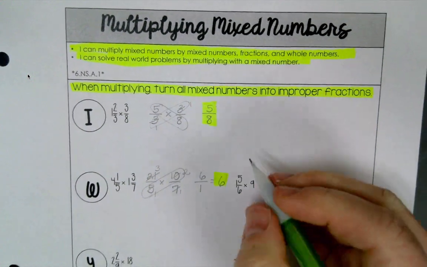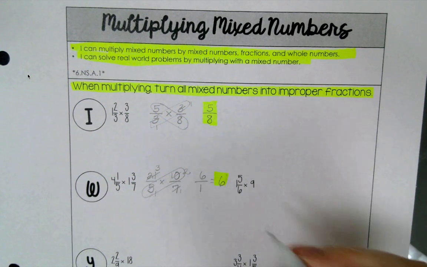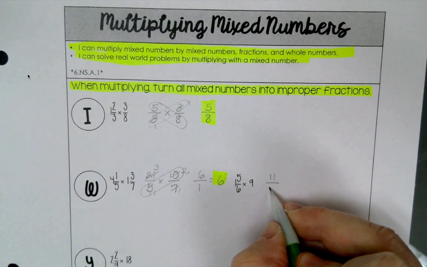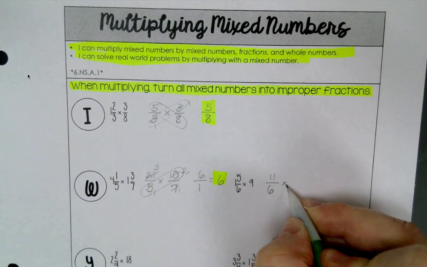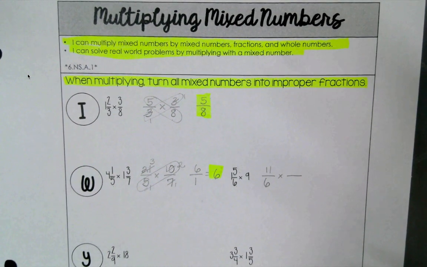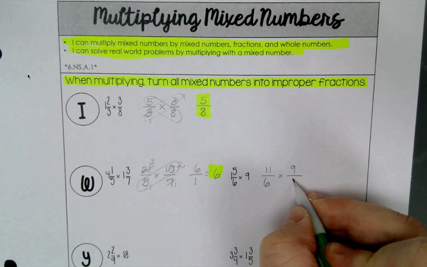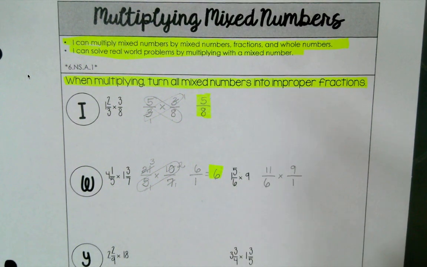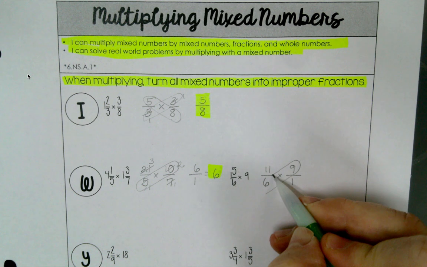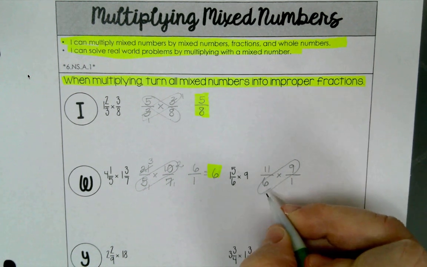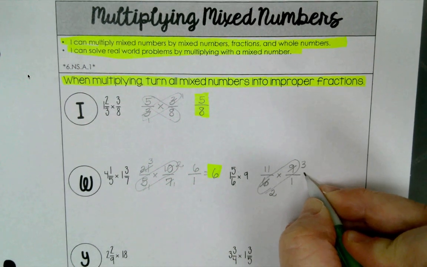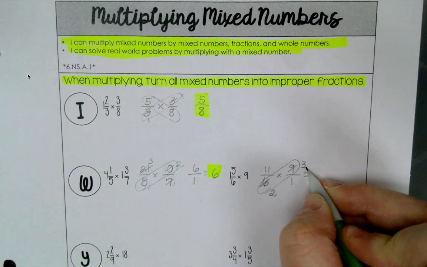Our next we do, I have 6 times 1 is 6, plus 5 more is 11. So now I have 11 over 6, because my denominator stays the same, times, I have a whole number 9. Whenever you have a whole number, in order to make it a fraction, you have to just put it over 1, because any number divided by 1 is itself. Now again, you could multiply, or you could cross-simplify. And the greatest common factor of 6 and 9 is 3. So 6 divided by 3 is 2. 9 divided by 3 is 3. And then I get 11 times 3 is 33